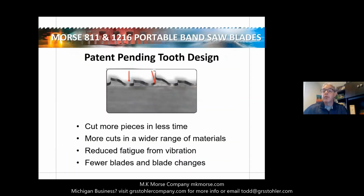So how do the Morse 811 and 1216 blades deliver the industry's best performance? Well, each of these blades exploits a patent-pending tooth design featuring unique rake angles, as you can see in the picture, and deep gullets that allow you to cut more pieces in less time. We learned this technology from our band called the Challenger. So we were able to use some of that technology and bring it over to this portable band industry, and we're delivering a band that's